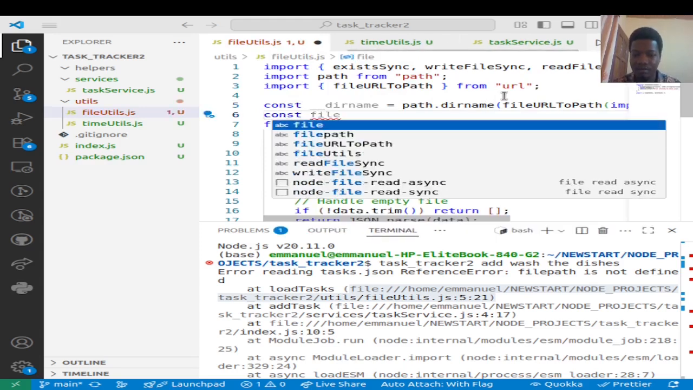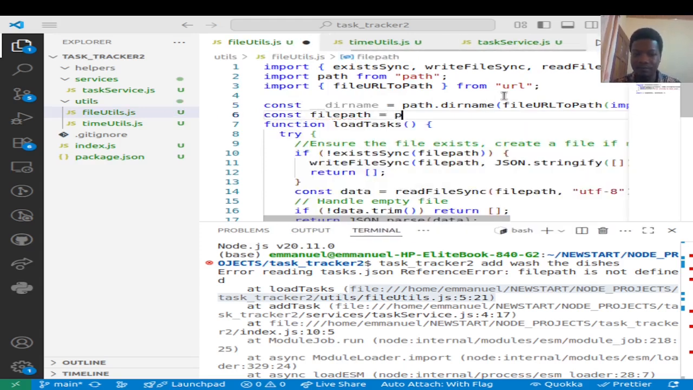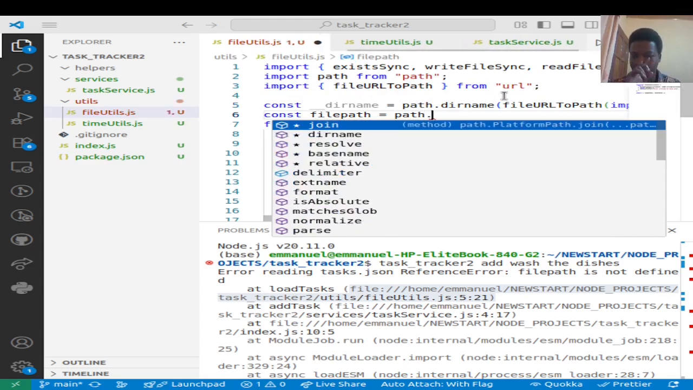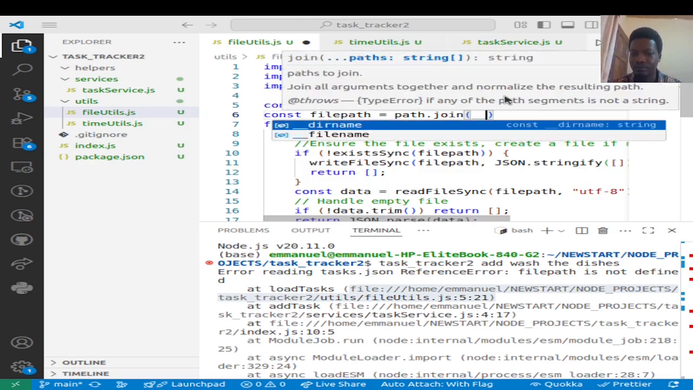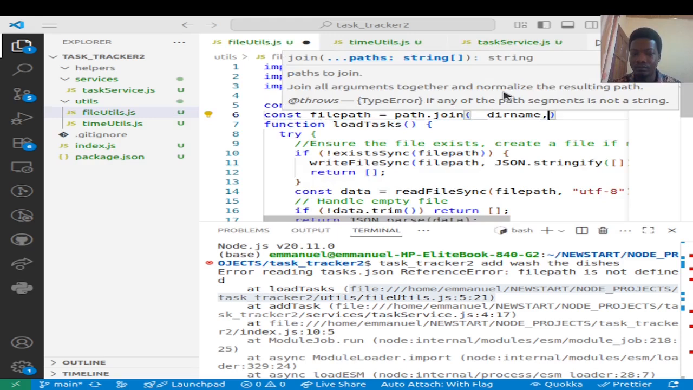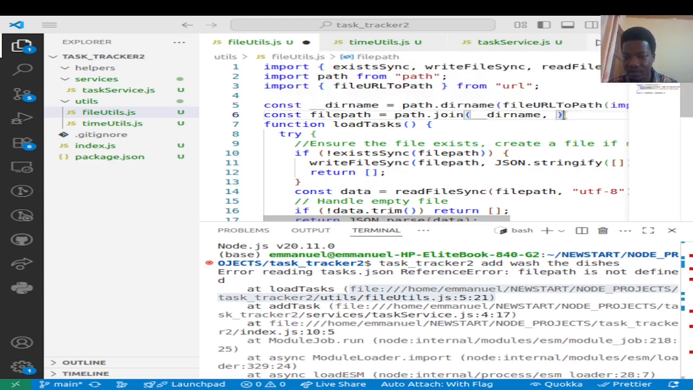comes file path. Let's join. So this part, join, takes in strings. Basically it's used to join paths together. Okay, join strings to form a path, but it takes in a string. So let me do something here to get